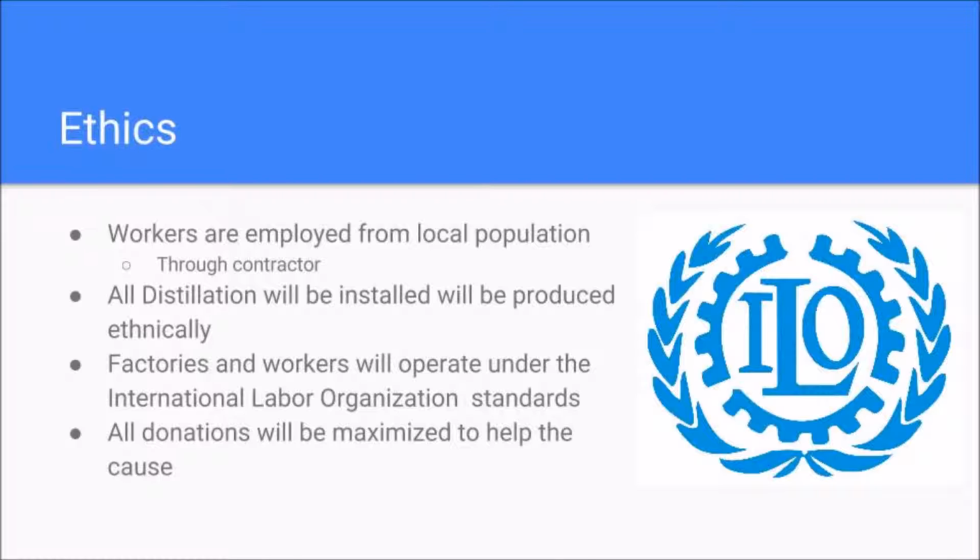It is important that we make sure that this project is completed ethically. In order to do this, we will implement certain features. First of all, the contractor working on this project will be working in conjunction with the local population. This will make sure that nothing in the project can negatively impact the community, and will also help ensure local